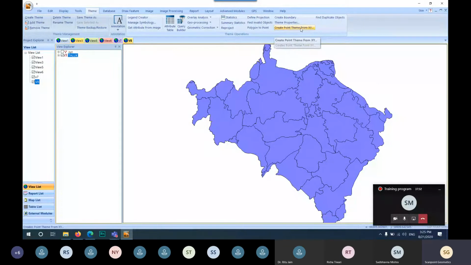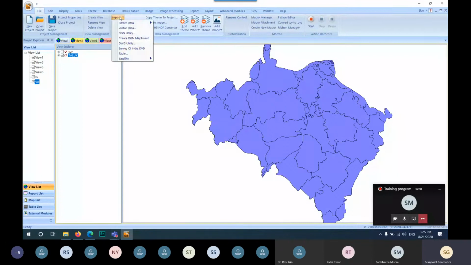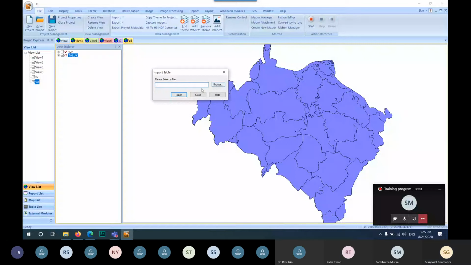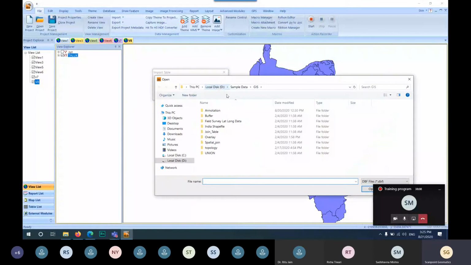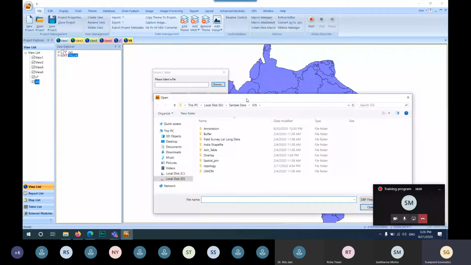This option is used for any theme which is in Excel format or table format. So for using this tool, we have to firstly import our table into our database. So go to the file menu and import option and click on the table. As you click on import table, there is an option of browse. You can just click on this and go to the particular